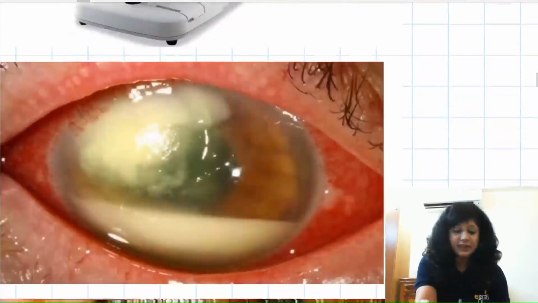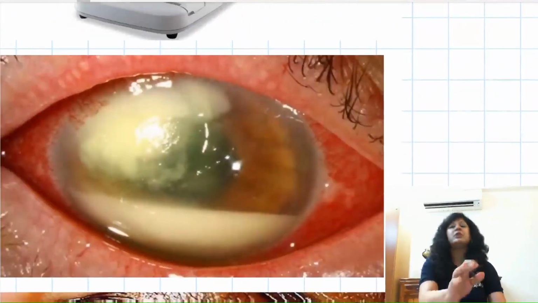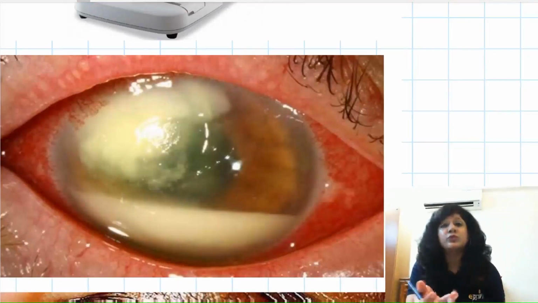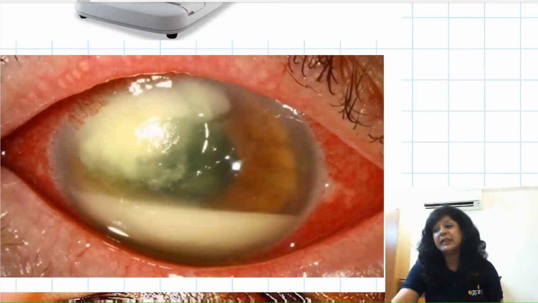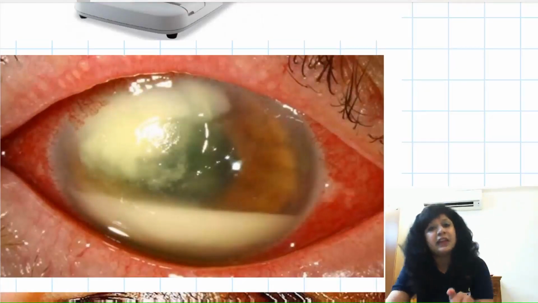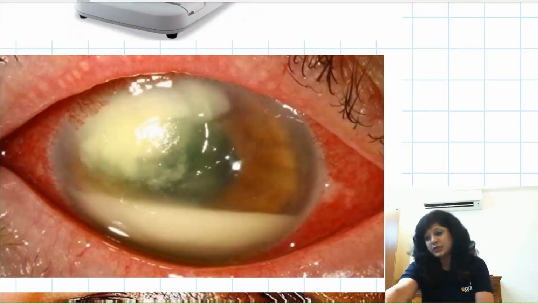Now coming to the keratitis, we first talk about the bacterial keratitis, which is most common. Now there is always a problem with "most common", so I have written it separately: if they are asking in the world, the answer is Staph aureus. If they are asking specifically in India, then your answer is Streptococcus pneumoniae.